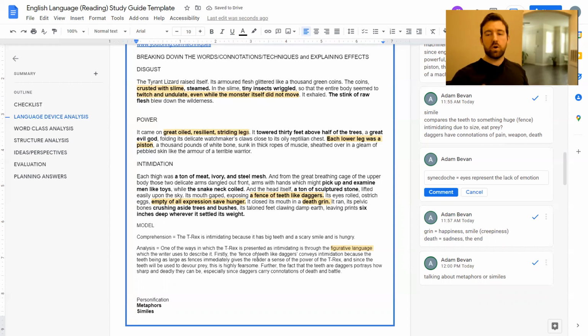Okay, and I could go on, but unfortunately I'm running out of time now. But do you see how even in that just quick 2 minutes, I'm not just doing comprehension anymore. I'm breaking down that language. I'm explaining that language. I'm showing how that language, those devices, help to create this effect, this intimidation. So I hope that was helpful. And yeah, we'll be doing a lot